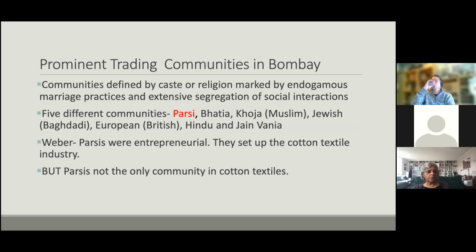So these communities were the Parsis. This is a group of Persians who migrated from Iran in the 7th century. There were the Bhatiyas. This is a small caste of Hindus who were extremely entrepreneurial. The Khoja Muslims, a subcaste of a subgroup of the Muslim community, and the Jews from Baghdad who had migrated around the 11th century. And amongst the Hindus, there were the Vanya communities of Hindus and Jains. We are going to treat them as one community because they intermarried and they shared many similar customs.